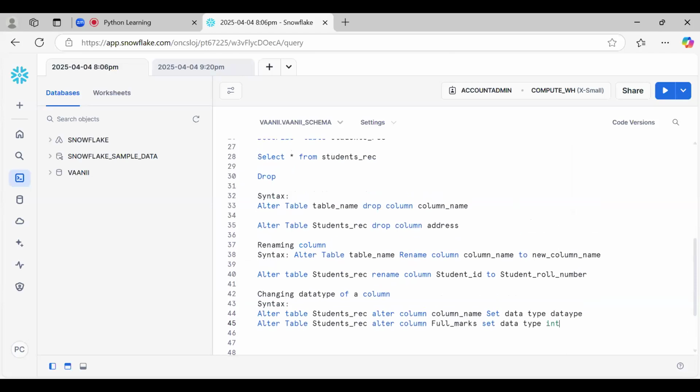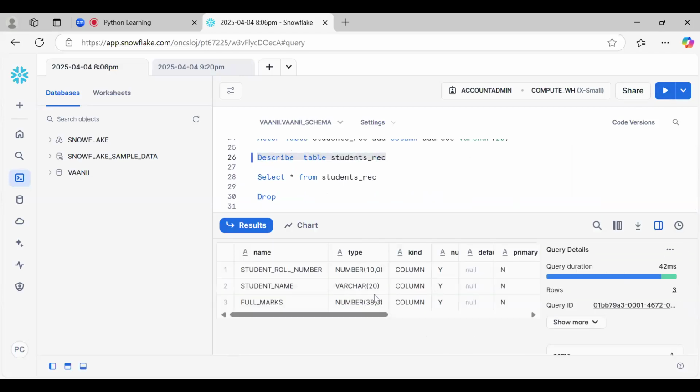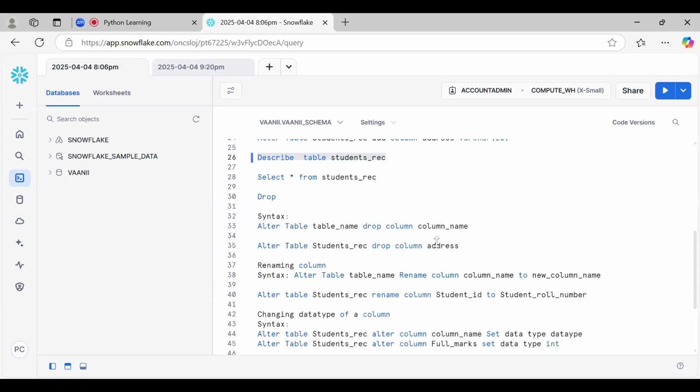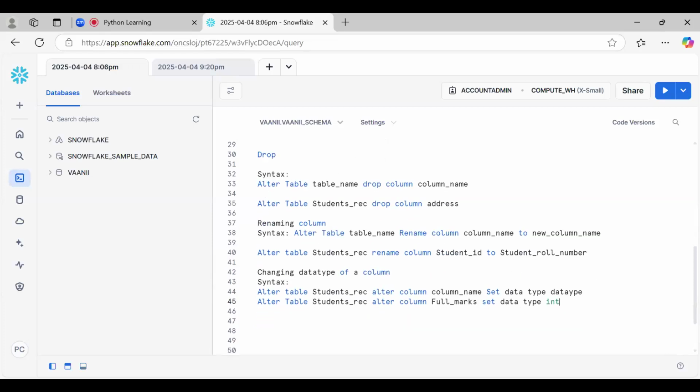There was one alter also that I missed. Now we can check whether the data type is changed or not. So yes, you can see this one will take as a number, and you can add a decimal here. Though it is showing number, I can add the decimal value also. Since I have not given any decimal value, it is not changed.